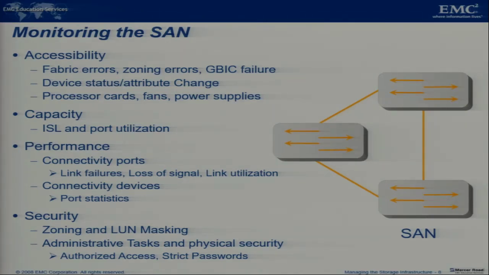All these things need to be monitored with respect to accessibility. Physical components of a storage network include elements such as switches, ports, cables, and power supplies, which also need to be monitored. Then there are logical components called zones and fabrics. Any failure in these physical or logical components will cause data unavailability. If even a simple cable gets cut or damaged, you will not be able to access the data properly.